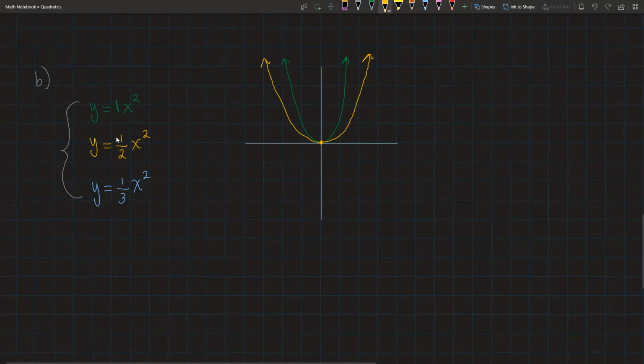Notice that 1 is larger than 1/2. Therefore, those y values got compressed by a factor. You can think divided by a factor of 2, you know? And then in blue, because 1/3 is even smaller than the previous, then we know those y values got compressed even more, making a parabola that's even more narrow than the previous 2. And that's the main idea for this practice. Remember that